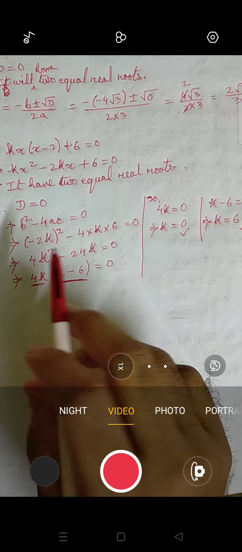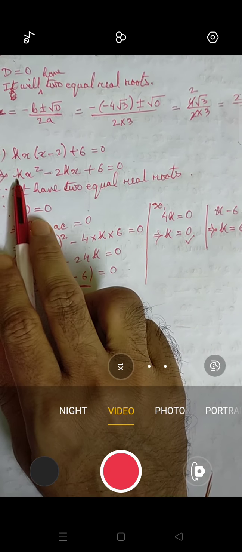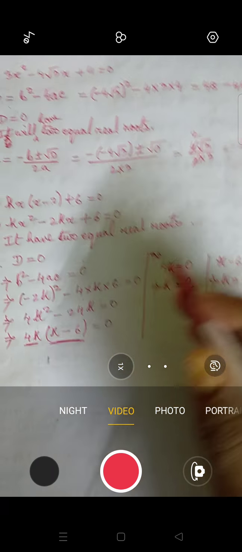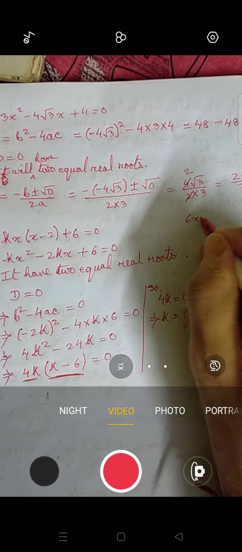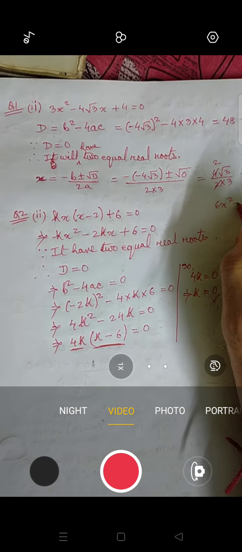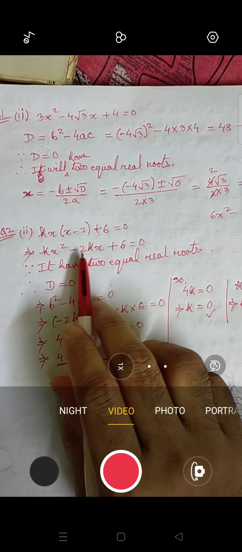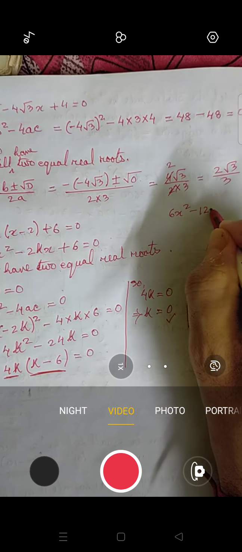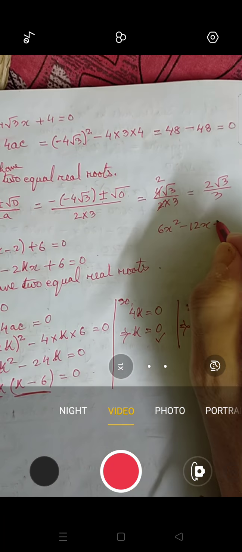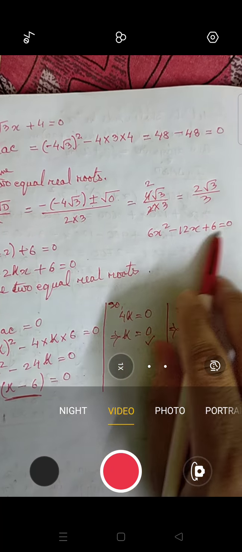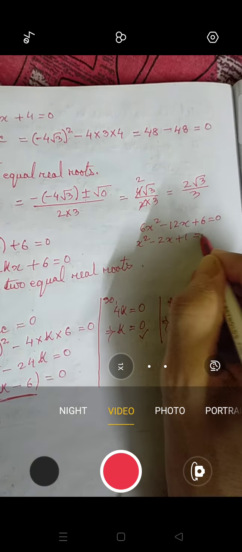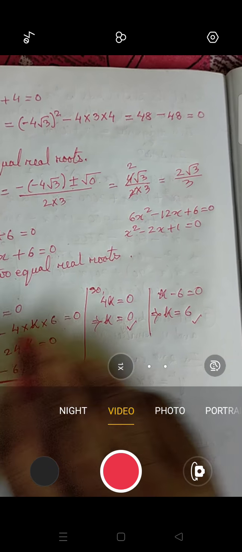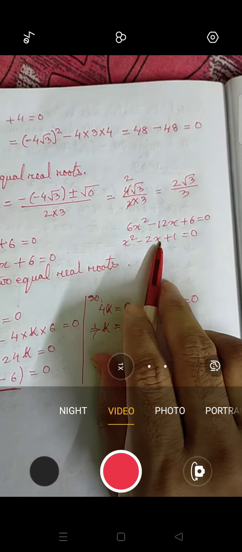After this, if they say find the zeros also, then in that case you have to substitute the value of k as 6. So we can write this one as, ready everyone? I am writing k as 6. So I will be writing 6x square minus, minus, then k means 6, so 2 6 are 12, 12x, and then plus 6 equals to 0. Now 6 is common here, so I will divide it by 6. x square minus 2x plus 1 equals to 0. Okay. Now can I say that this is a square minus 2ab plus b square?